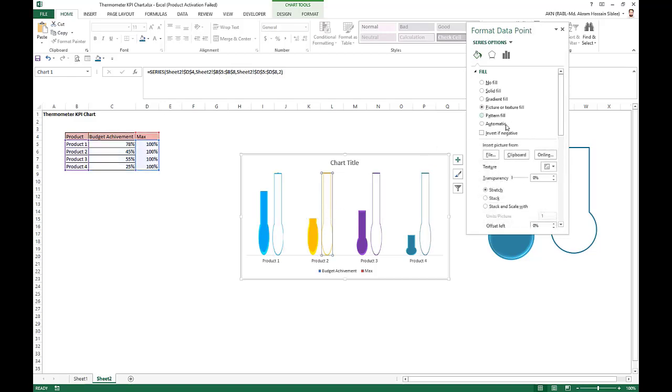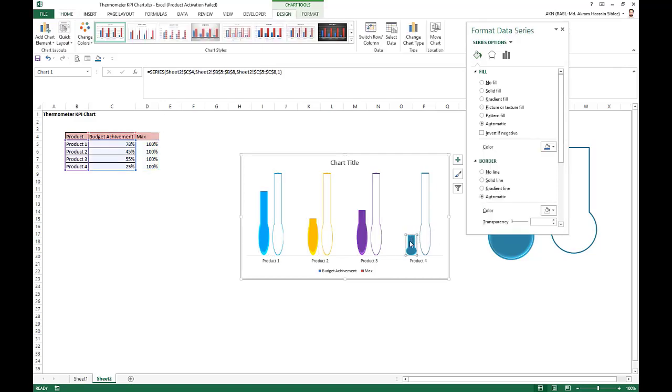Now do this for the others also: picture or texture fill, stack and scale with 1 for this one, and for the fourth one, and the final one as well.